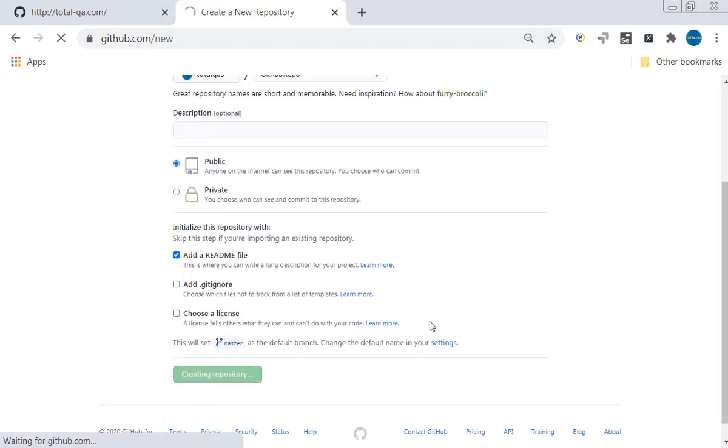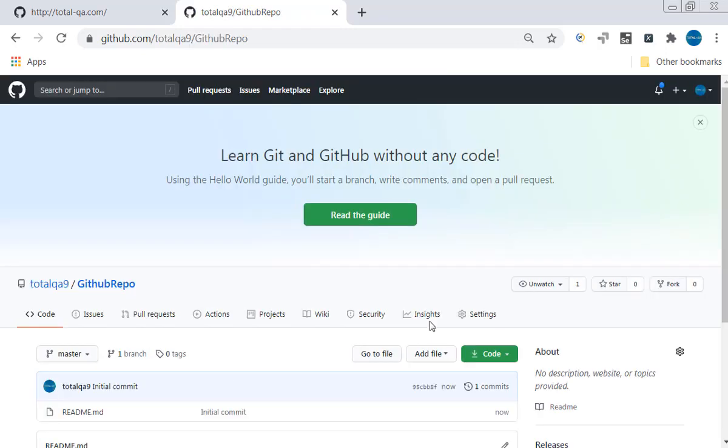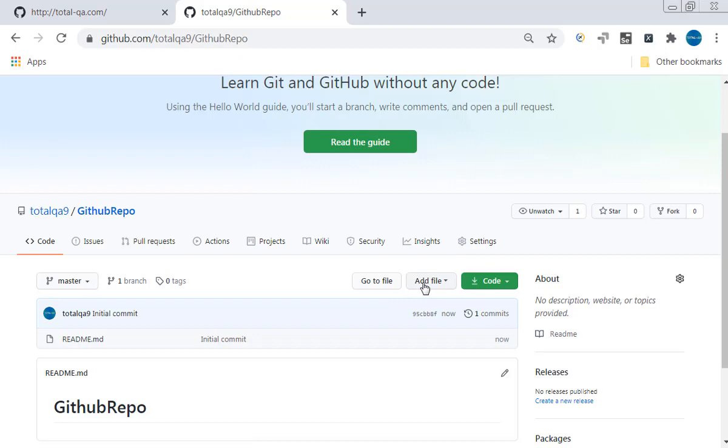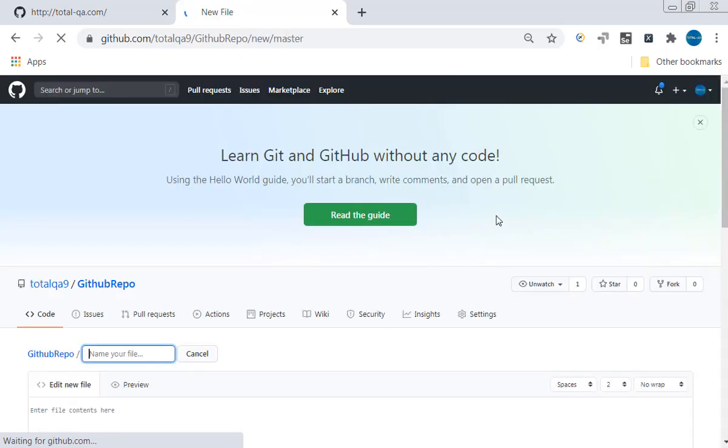So there's a difference between an organization and a repository. Organization is a group of repositories, but repository is independent. We can even create a repository as well. So in the repository, we can add a file. Suppose for example, if you are interested to upload any file, suppose we are interested to create a new file. Suppose let me click on create new file.